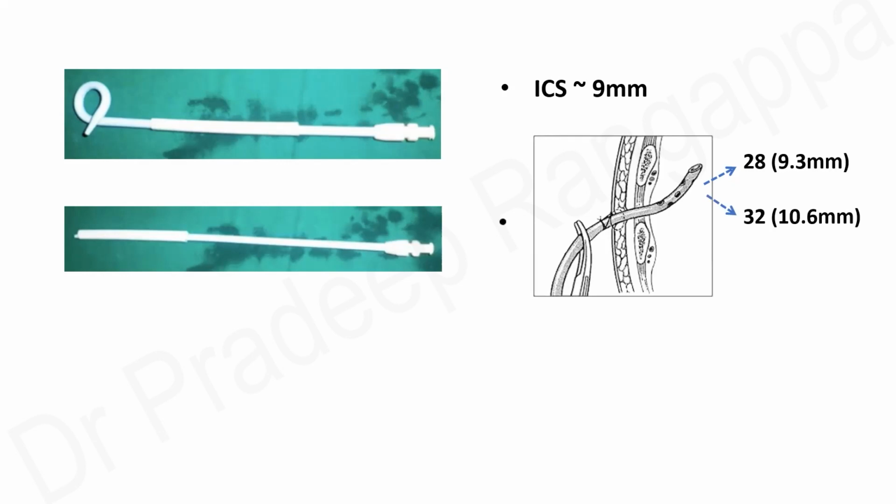This means the risk of injury or bleeding due to injury to the intercostal bundle that lies at the lower end of the rib can be much higher compared to the pigtail, which is available as 10 French, 12 French, and 14 French. So it is approximately 4 millimeters. The size is much smaller, and that's why the risk of tissue injury, bleeding and other complications may be much lesser. I'll just take you through the video. The main complication, as I said, is the dislodgement.